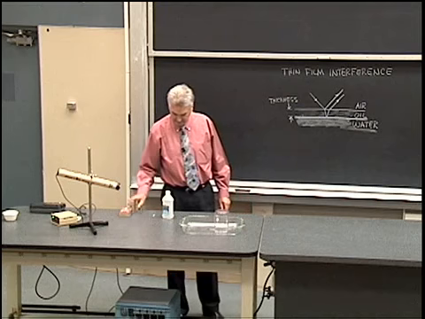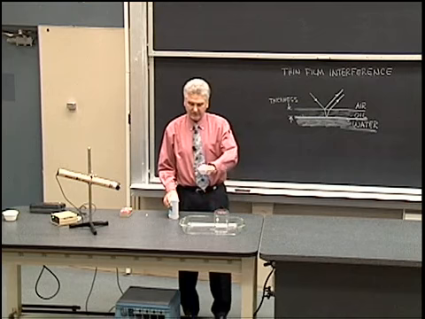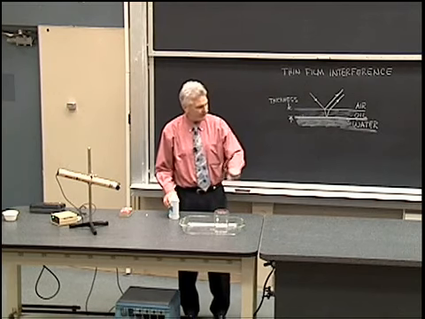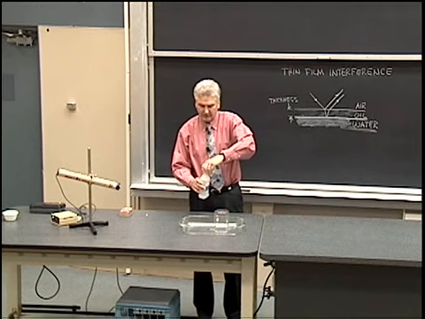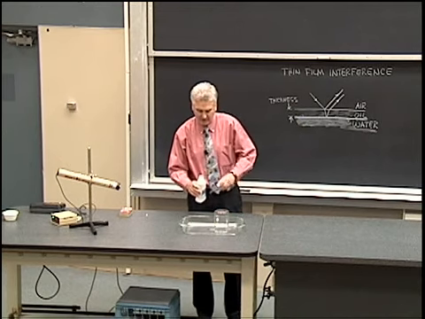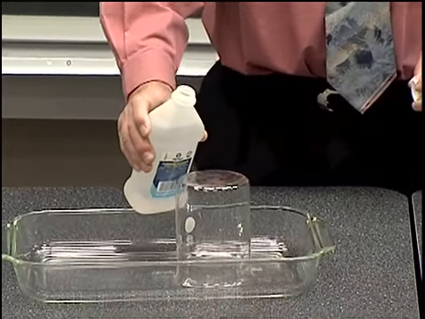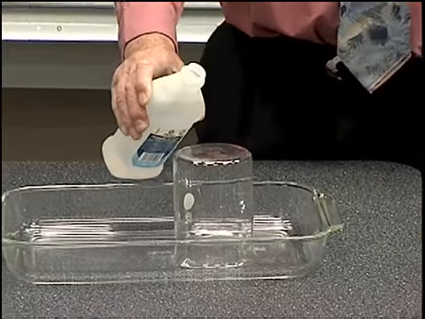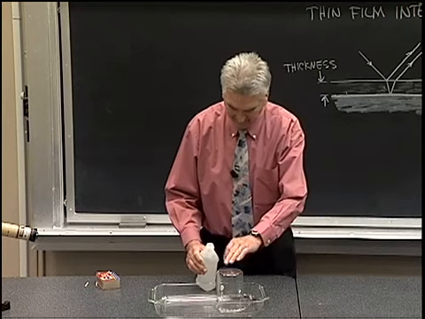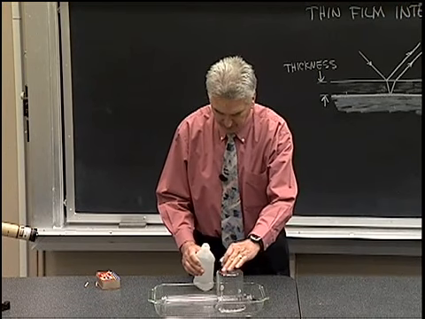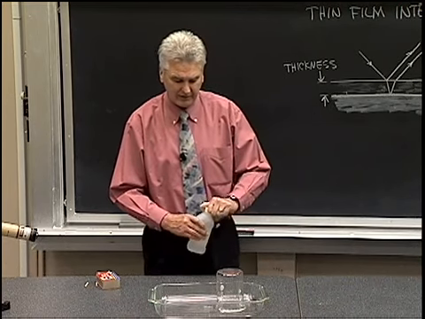And so what I want to do is put a thin film on here and let the light reflect from that thin film, and we'll see an interference pattern show up on the screen over there. Now what I have here is some liquid that vaporizes very rapidly, and so we're going to see that thin film quite quickly become even thinner. And we'll let that spread around there,